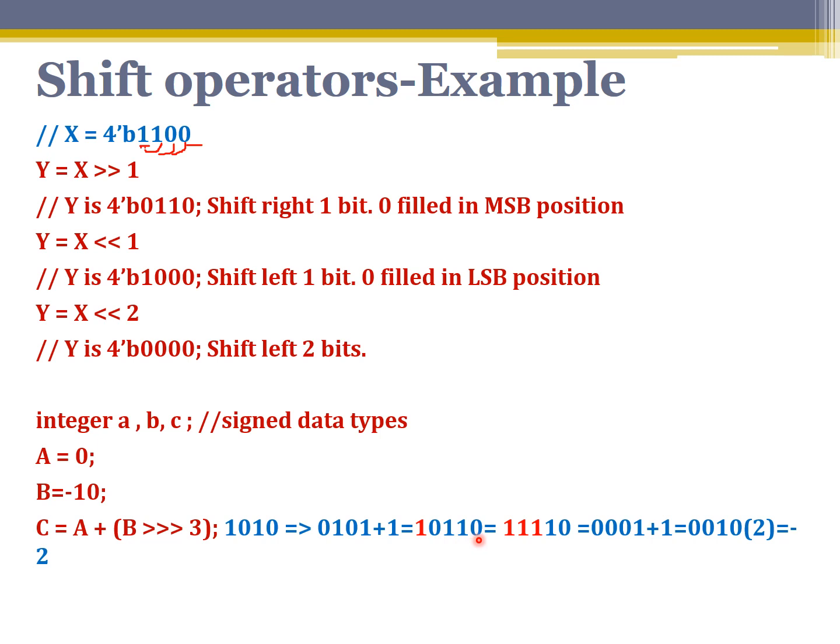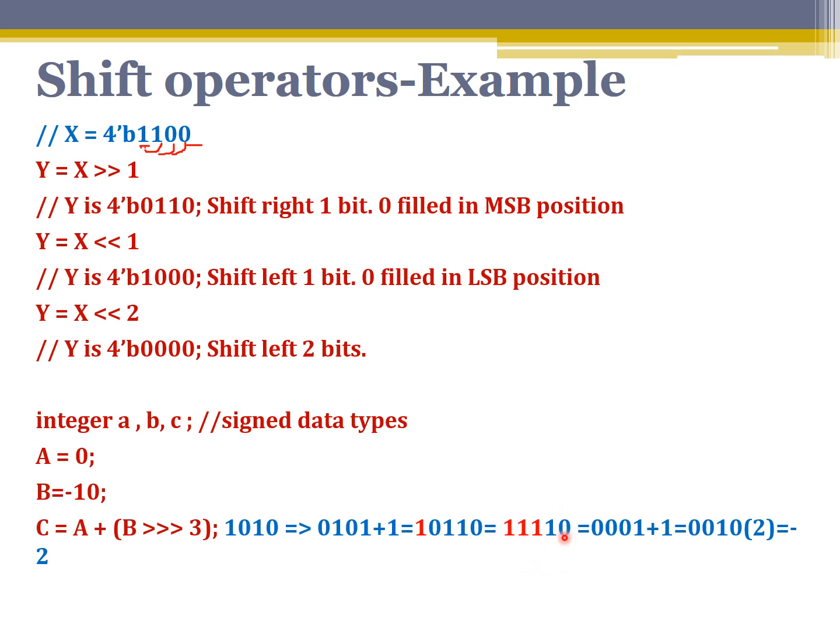This minus 10, when we right shift by 3, carefully observe, we are going to lose the last 3 bits here. 1 1 0 is lost. These 2 bits will come to the last bit position. So what is the position of the MSB bit here? 1. That will be filled in the vacant positions. For a right shift, please note, the vacant positions will be filled with the MSB bit. So in this example, we have a 1 here, so that 1 is filled in all the positions. If there was a 0, 0 will be filled. So this is the number obtained.